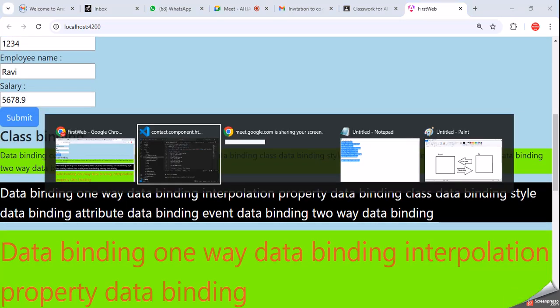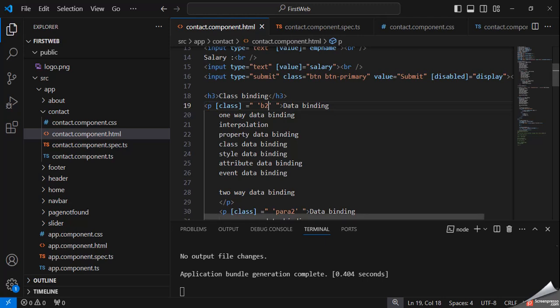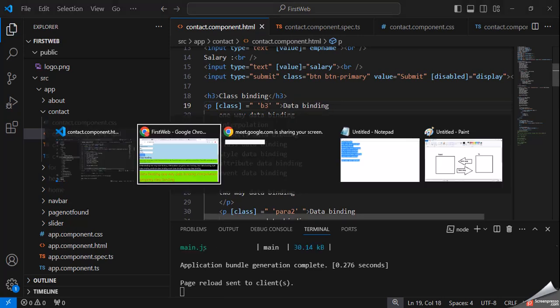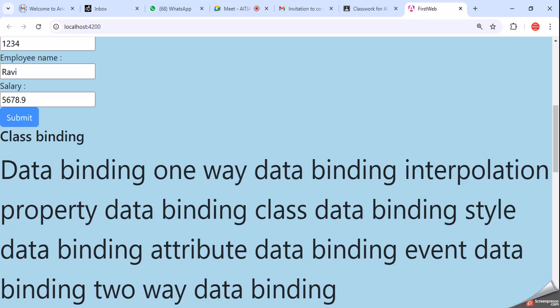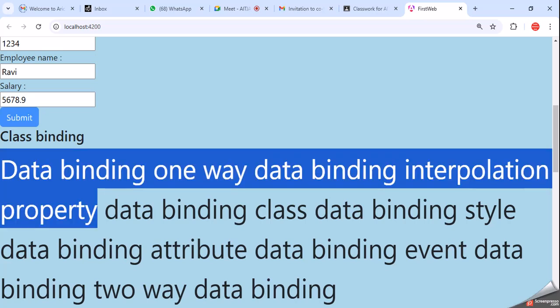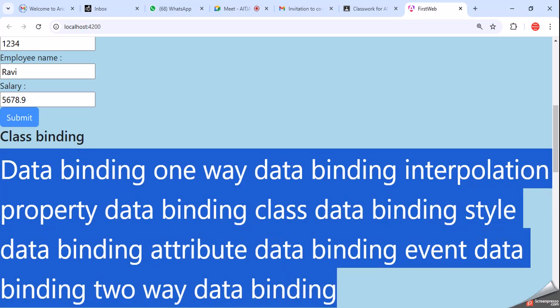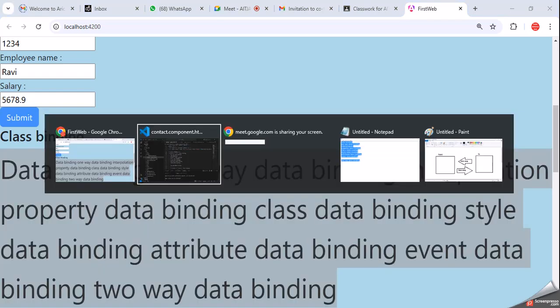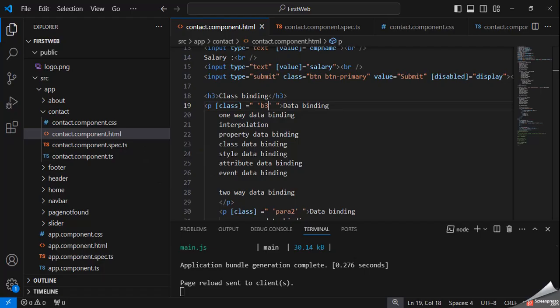If you want to change the size, for this purpose we can change to b3. You can see the size of the text, the font size, changes. So as you like, you can use any class declared, in single quotation marks.